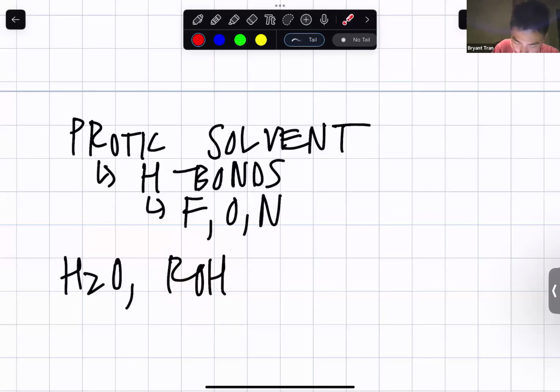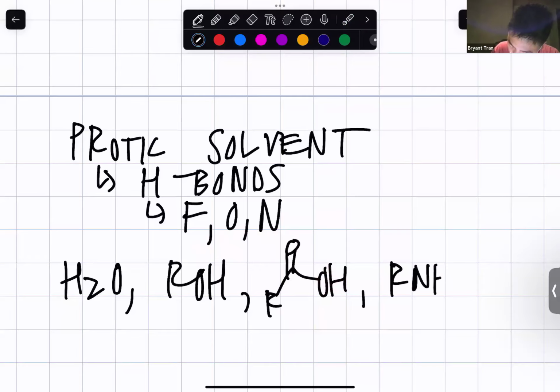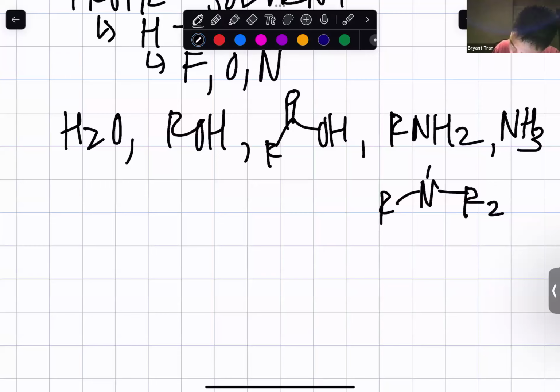Or it could be, let's say, carboxylic acid, right? Because we see that there is a hydrogen here attached to one of those 3 atoms, fluorine, oxygen, or nitrogen. It could be a primary amine. It could be ammonia. It could be secondary amine, right? But it cannot be a tertiary amine, right? It cannot be a tertiary amine,